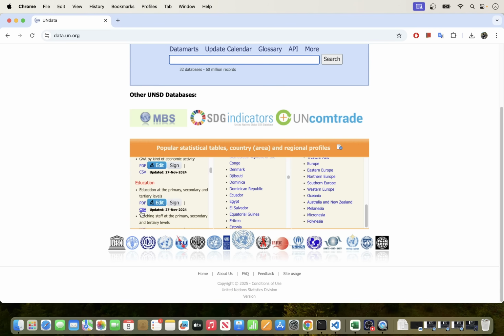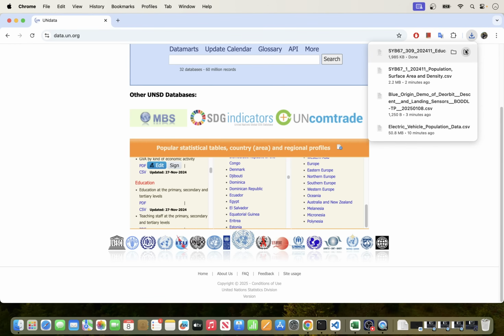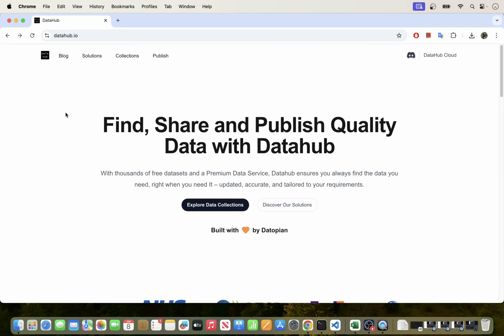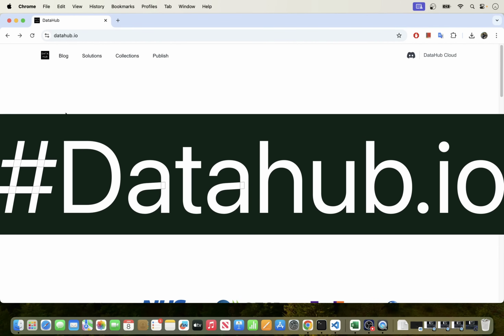You can see for education, you can just go ahead and download the CSV file for this, and it's going to download it for you, and you can go ahead and use the data right there. So this is UNData for you, and again, you can use this website to download real world data for your data science projects. Okay, the next website that we have here for you is Datahub.io, and this platform hosts